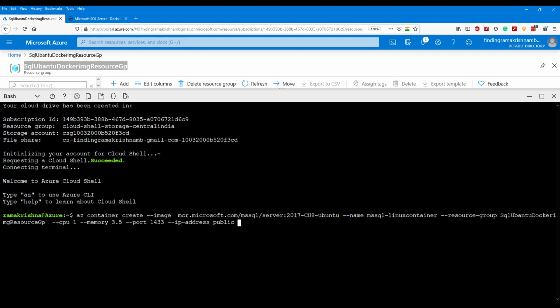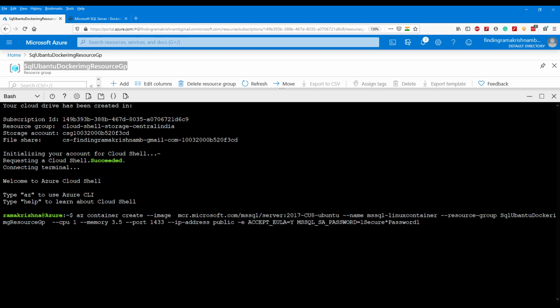If you give public, it automatically assigns an IP for this particular container registry. Now we need to give environment variables as usual to accept EULA and give a password. So we have given the environment variable for accept EULA as Y, even though we don't read the EULA, and you give your password to our SQL Server, a password which complies with the password restriction policy.